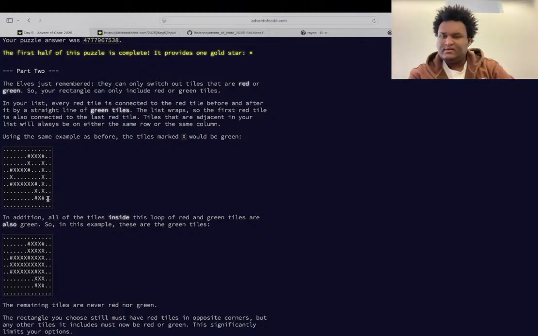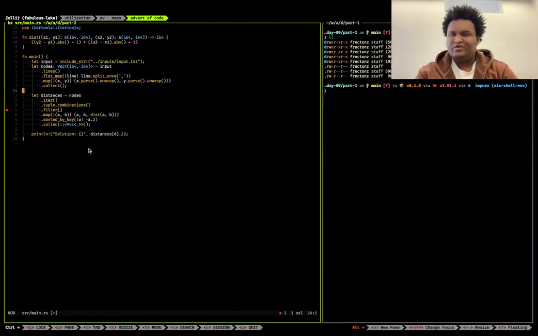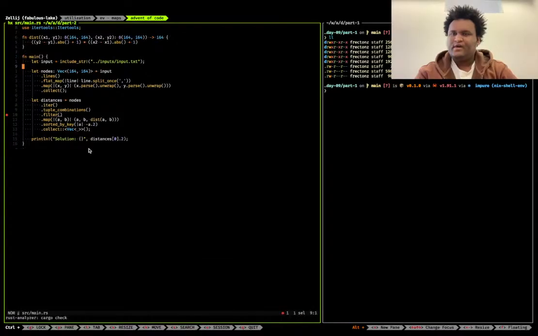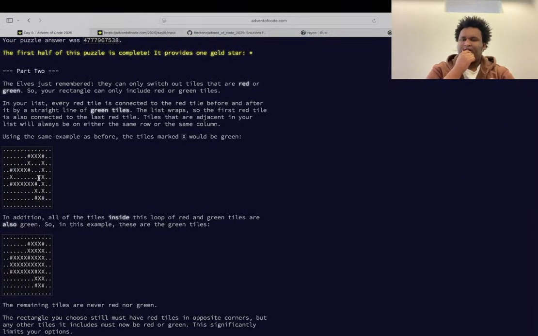So it's like boom, boom, boom, boom. Okay. That is true, so we can get a corners function. So we already have the corners. These are the corners. So from the corners, we need to determine if